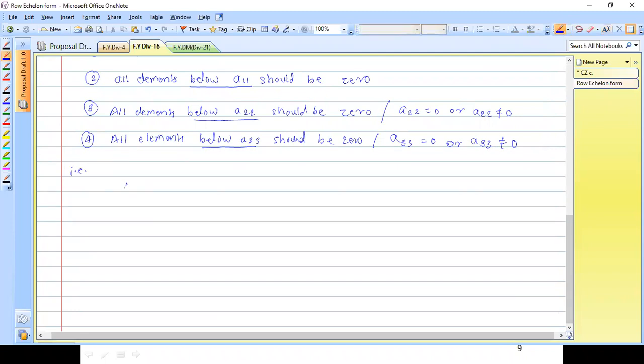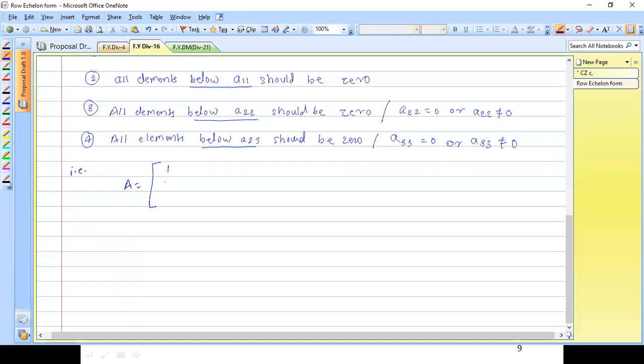Tell me whether they mention here if the matrix is square or rectangle. Sir, if diagonals are there, then it should be square only, no? No, who told you? That's why I talked about A11, A22, A33. Let's take an example. While taking the example, your doubts will be cleared.